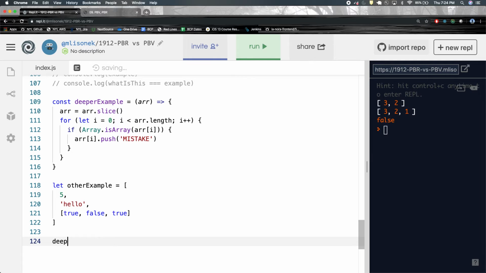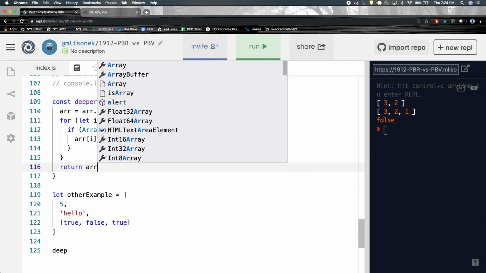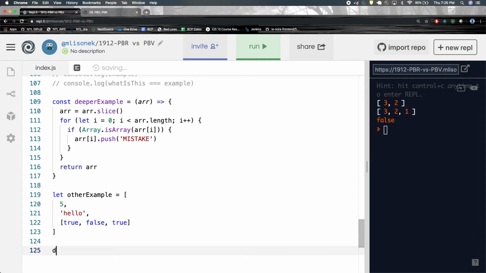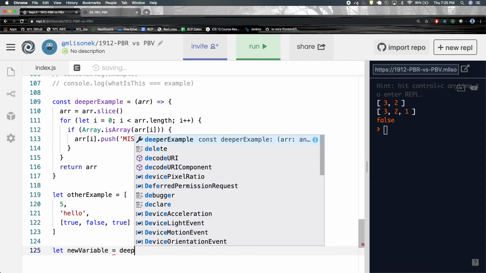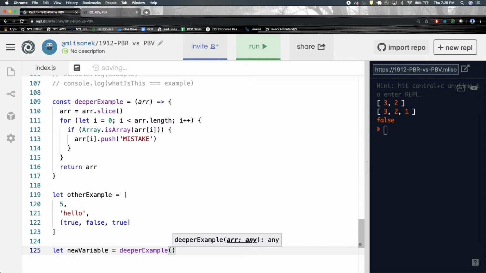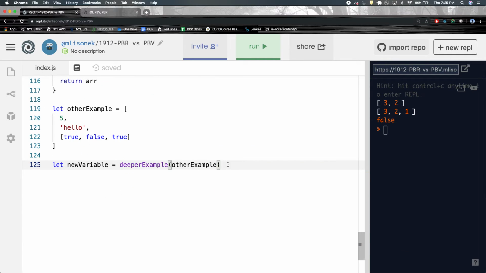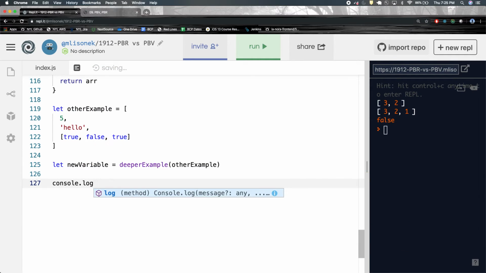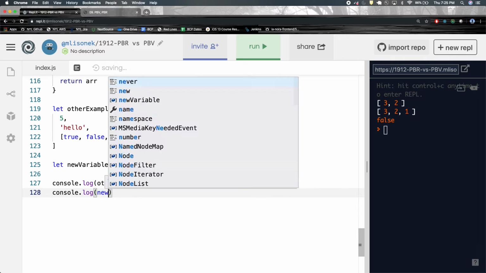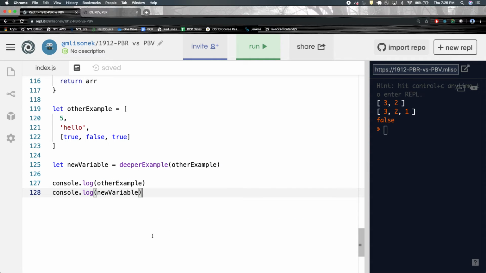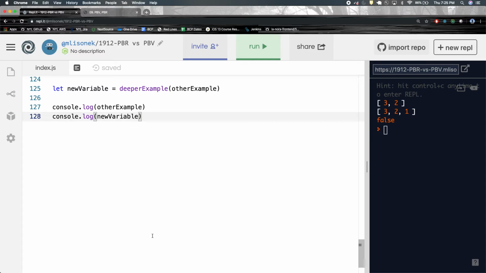Oh, no, wait. First I'm going to return array here. And I'm going to do let new variable equal to deeper example. And I'm going to pass in other example. I have to work on my naming, honestly. This is stupid. But then I'm just gonna console.log other example, and I'm gonna console.log new variable. And now you see why naming is important, because just looking down over here, what would you even think I'm doing? You wouldn't know, right? But anyway,